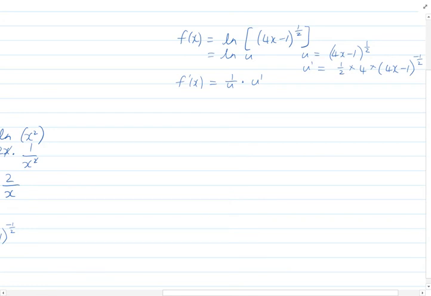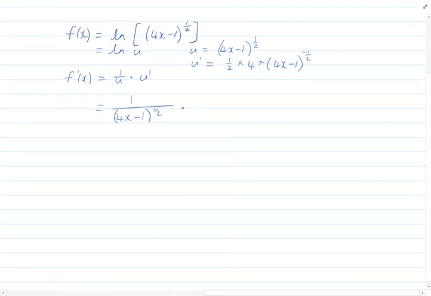Okay, alright, so let's substitute in now. So 1 over u will just be 1 over 4x minus 1 to the power of a half, and we're timesing it by, well, a half times 4, that's 2, so we're going to have 2 times 4x minus 1 to the power of negative 1 over 2, and that negative 1 over 2 actually means that that brings it down under the bottom of the fraction, and then we've got 1 times 2 on top, so we've got 2 on top of the fraction,